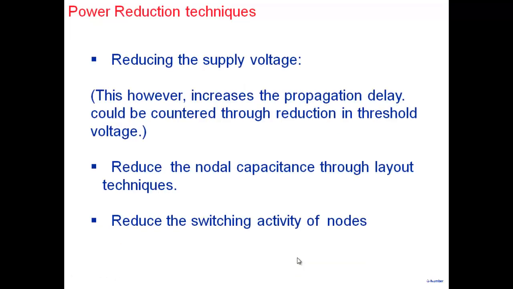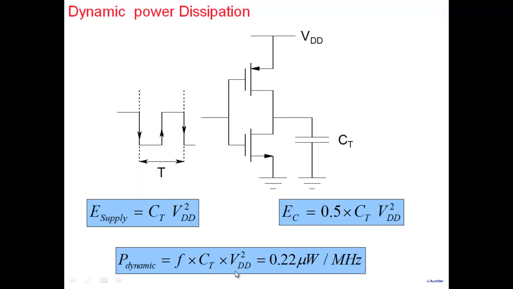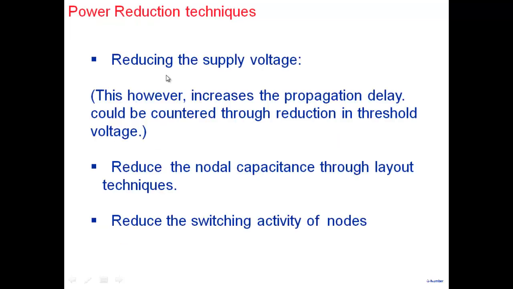All right, how do we reduce power? Again, reduce the supply voltage. If the dominant power is dynamic power, reduce the supply voltage. And you can see here, reduce the supply voltage and reduce the capacitance. So reduce the supply voltage is obvious. Reduce the nodal capacitance,